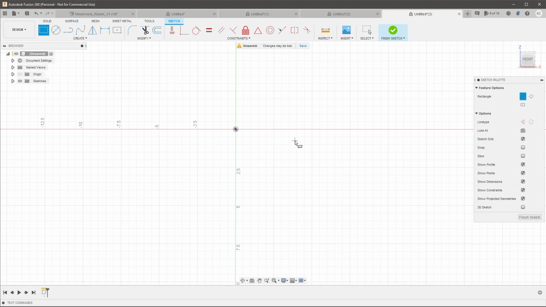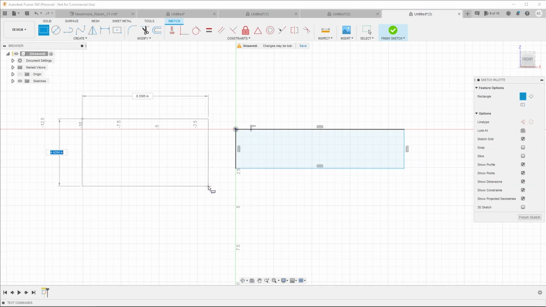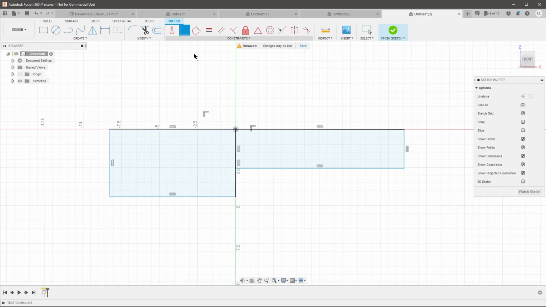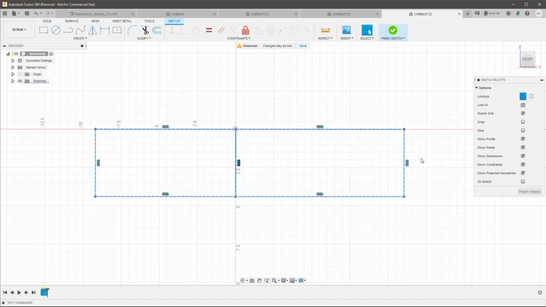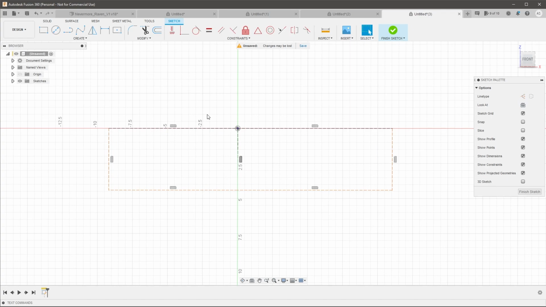So I'm going to draw two rectangles that are coincident at the top corner to the origin point. Do this, and make those coincident. And then I'm going to make these 2 points coincident as well. And the reason I did this in two separate rectangles is this will give me the ability to have some construction geometry. So if I highlight those and hit X on my keyboard or come up here and hit construction, that'll change it to a line that won't impact our geometry or won't impact our sketches in terms of extruding or building a model, but it'll just give us some helpful lines that will help us get some of our